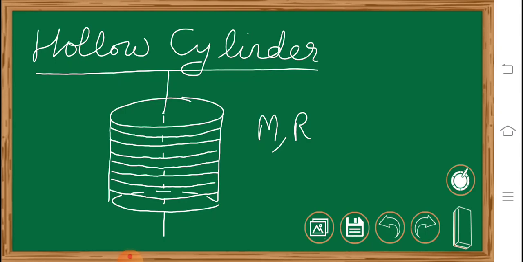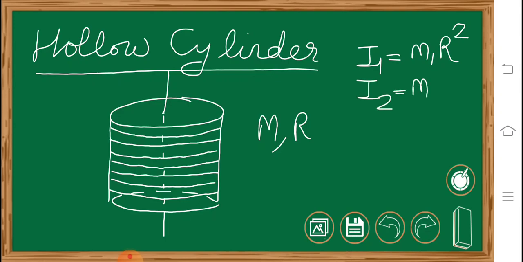And for all the rings, the axis is passing through the center and will be perpendicular to all the rings. So the moment of inertia, suppose, of the first ring will be m1r square. For the second ring, it will be m2r square. And in this manner, if we have n rings, then the moment of inertia of the nth ring